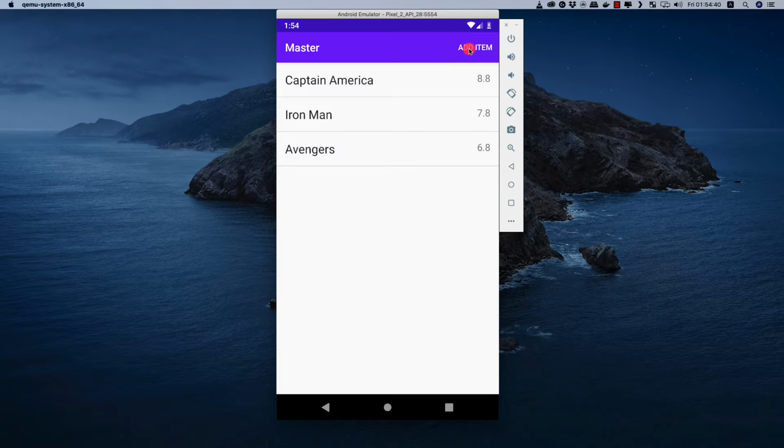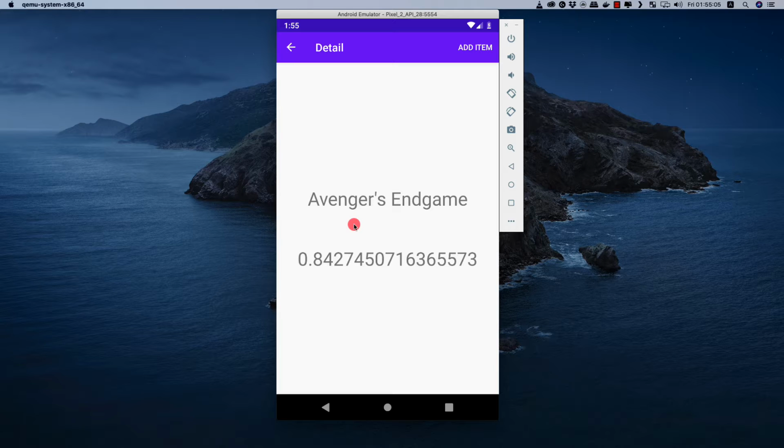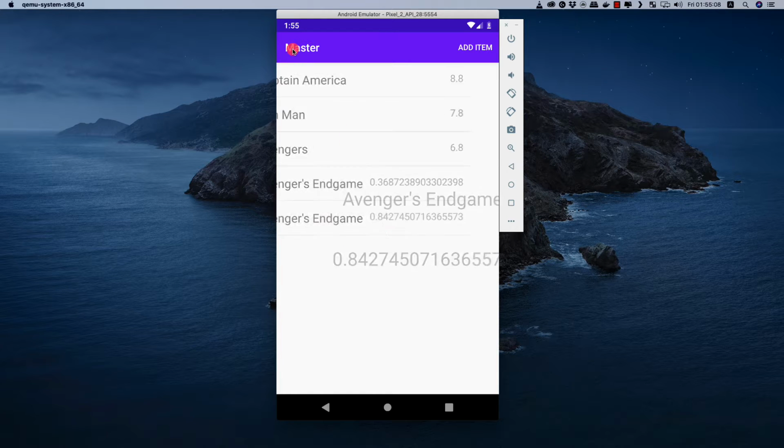And now here we have this menu item, that is add item. So it will add a movie here. So if we click this item, we see that we added this movie here, that is Avengers Endgame. And don't worry about this rating here because it's a random double and nothing else. So if we click again, we are getting Avengers Endgame again because it is hard coded, and the rating is a double here, as we can see. And we can go to this movie also and we can see the details of the movie.